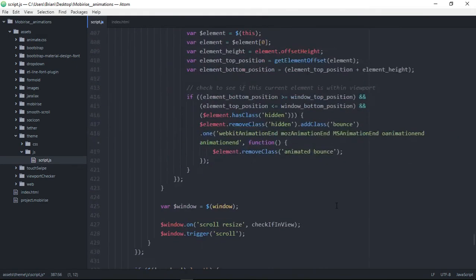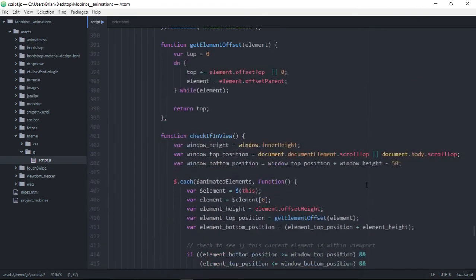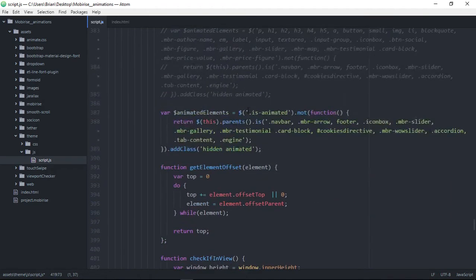Okay, so they're a little bit far apart from each other and kind of disjointed from the naked eye, but those two things are connected. And then after that animation runs one time, it's going to remove that class bounce. Okay. So what should happen is all of our elements that we put with is-animated, they should actually run the bounce animation. Okay, so let's save that,